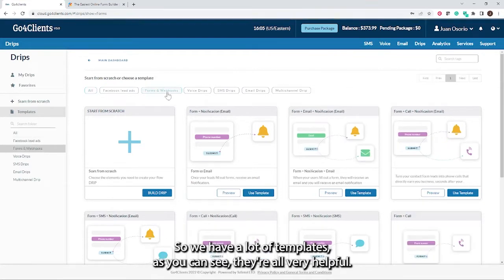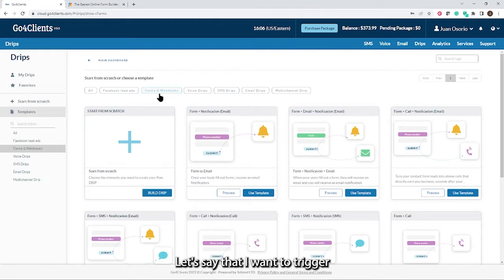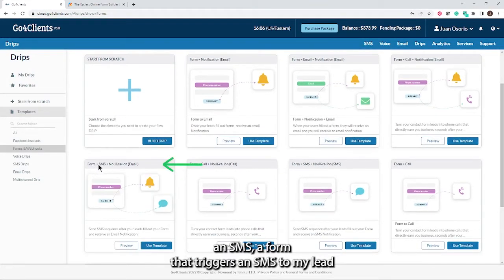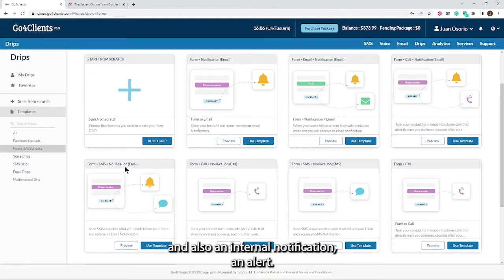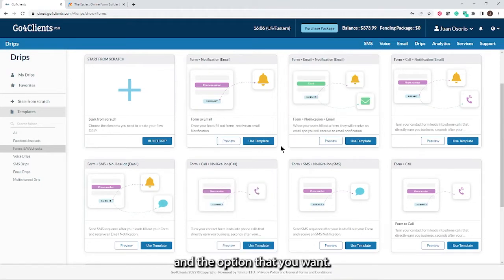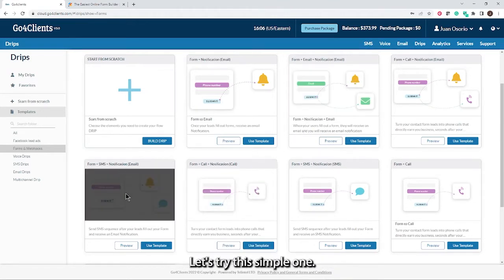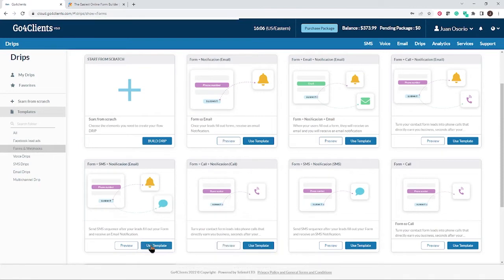Because we have a lot of templates, as you can see, they're all very helpful, but I definitely want to do the ones for forms. And so I'm going to choose a very simple one. Let's say that I want a form that triggers an SMS to my lead, and also an internal notification, an alert, right? So as you can see, you could do it with calls, emails, any option that you want. Let's try this simple one. I'm just going to click on use template